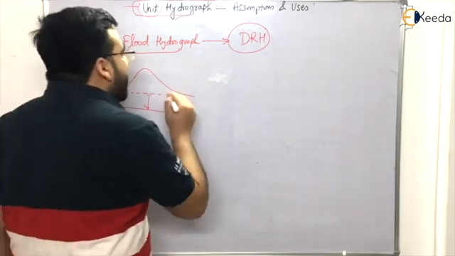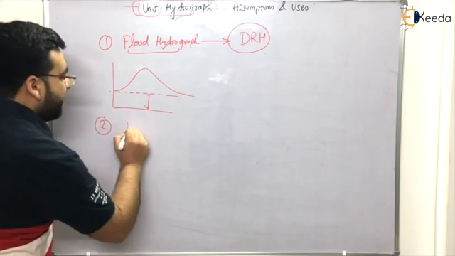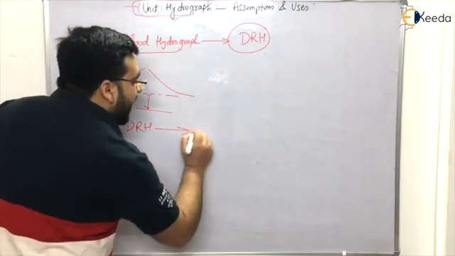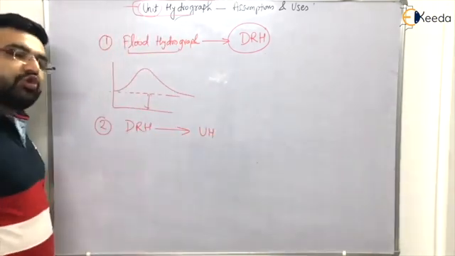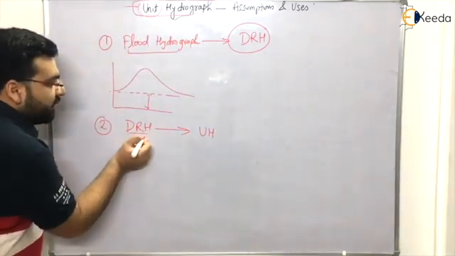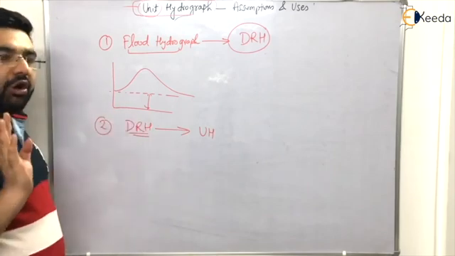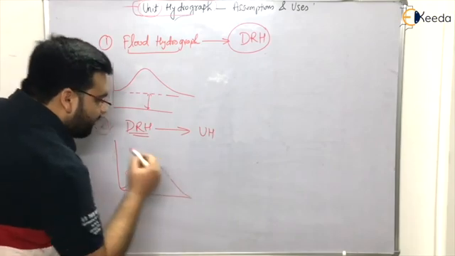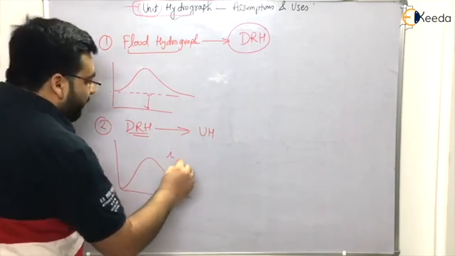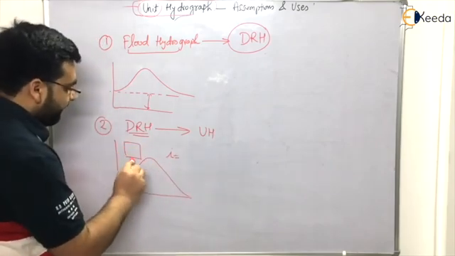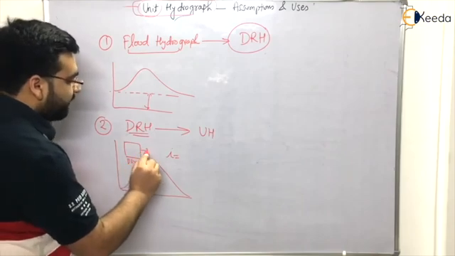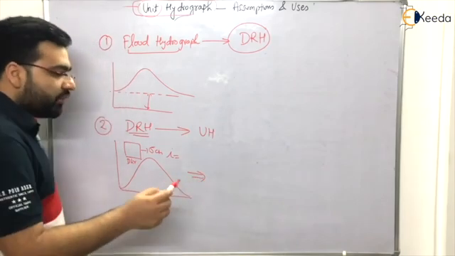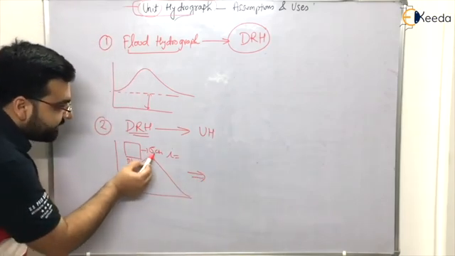Now, a direct runoff hydrograph of some, let's say, 2 centimeter depth or 3 centimeter, whatever depth, right? The next type of question is that you will be given a direct runoff hydrograph, and from it you have to get the unit hydrograph. So how will you do it? You know that first of all you will calculate the effective rainfall, right? Let us say this was a direct runoff hydrograph you have got, and this was the rainfall for d hour duration, and it was, let us say, 5 centimeter. Now to get a unit hydrograph, what do you have to do? You have to divide the ordinates by 5.